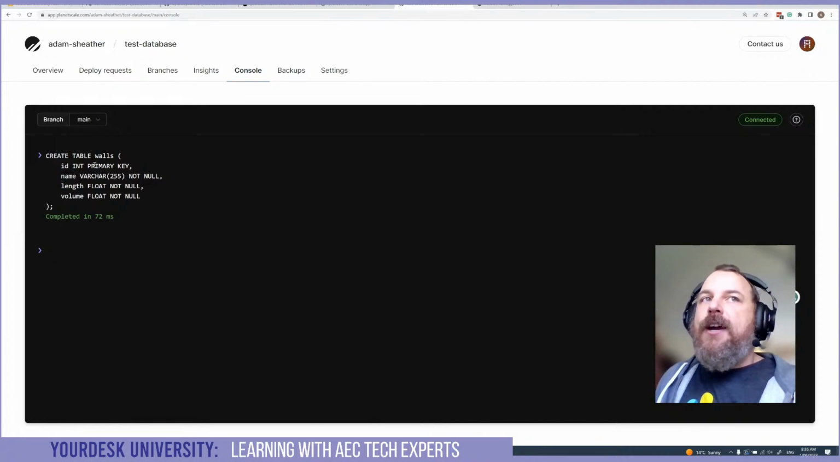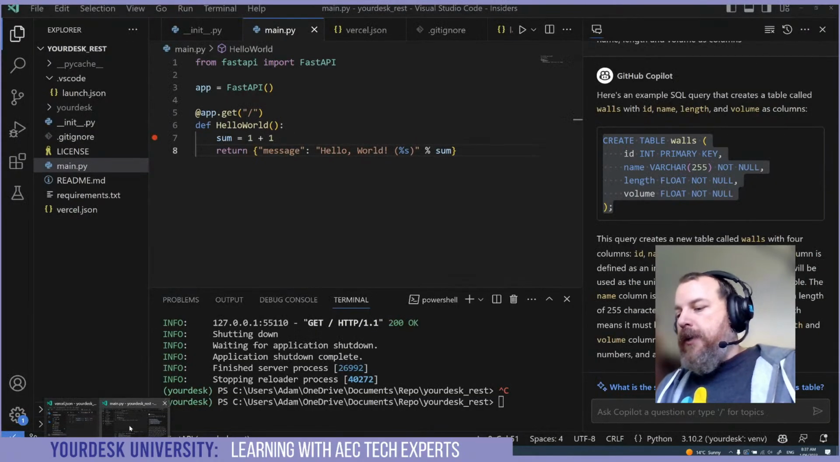We've got a name which is a character string up to 250 characters, and it cannot be null. We've got a length which is a float, which is a decimal, which cannot be null, and a volume. So if we wanted these to be able to be null, we could delete these and things like that. And just to check that this works, we go create